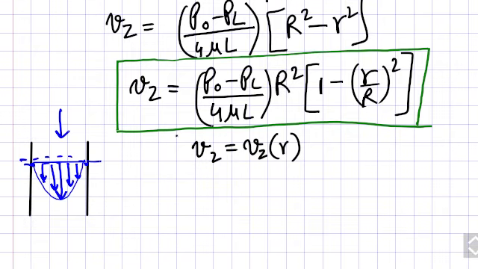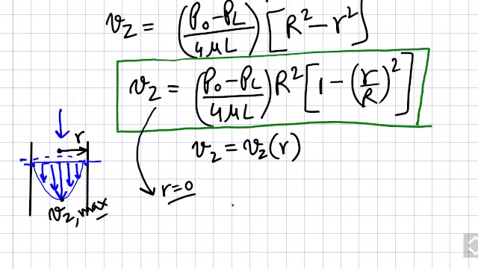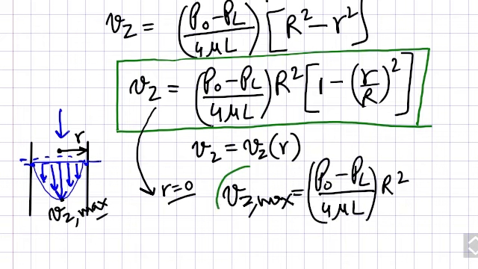Now after this we can use this formula. It is a general formula. You can use this formula to get many important formulas, like the maximum velocity at the tube center. Actually this is your r coordinate, so at the center r is equal to 0. You put r equal to 0 here, and you will get the maximum velocity. So this is the formula for maximum velocity.